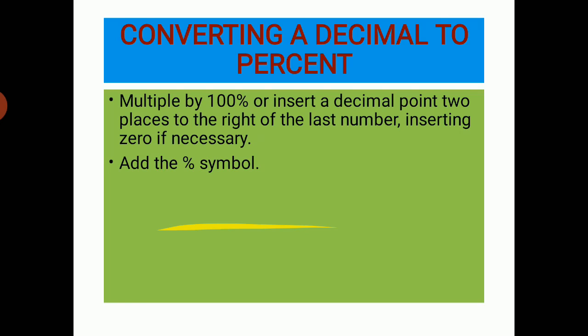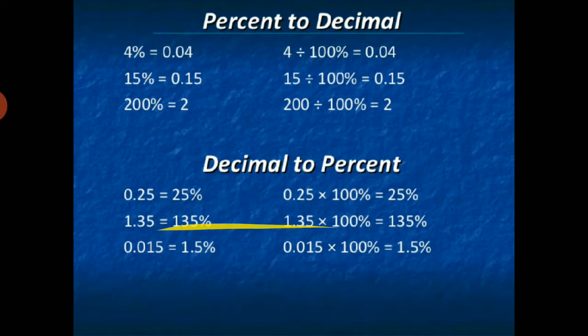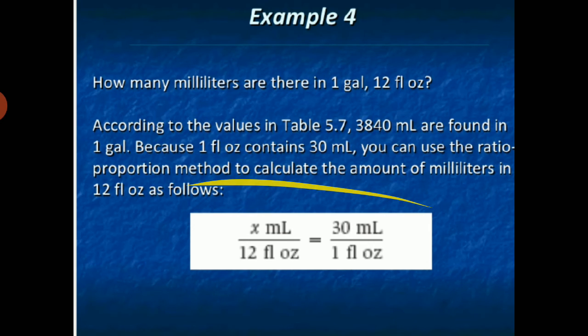Converting a decimal to percent: multiply by 100, or insert a decimal point 2 places to the right of the last number, inserting 0 if necessary. Add the percent symbol. Percent to decimal: 4% is equivalent to 0.04, that is, 4 is divided by